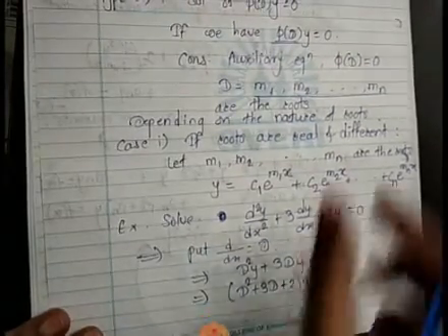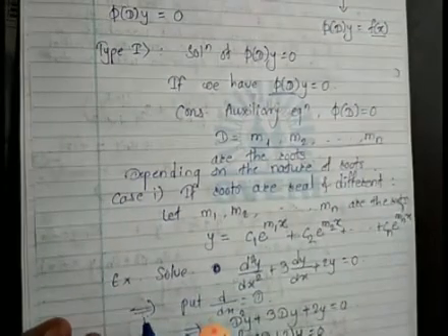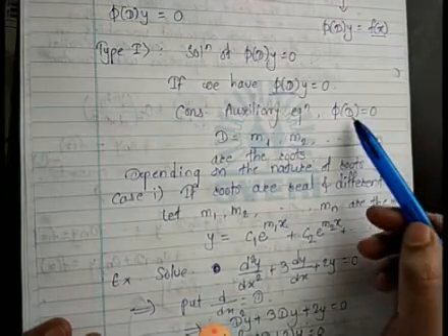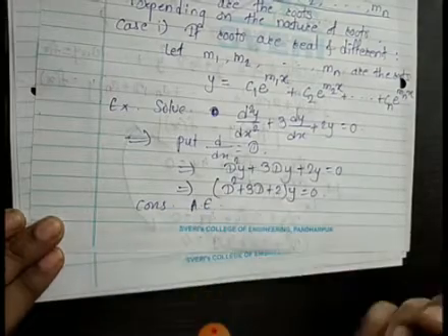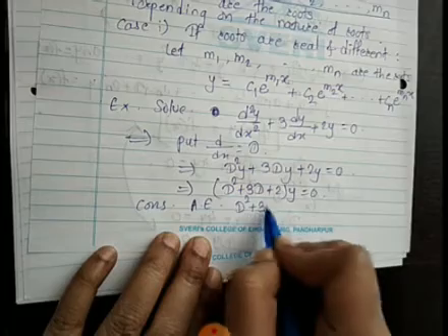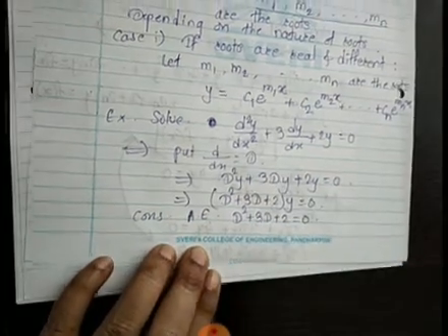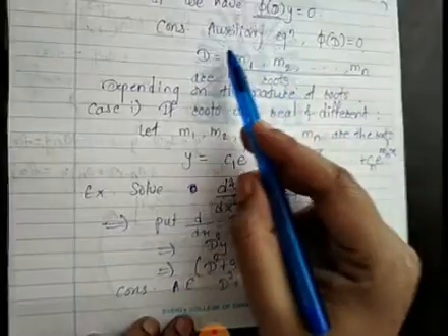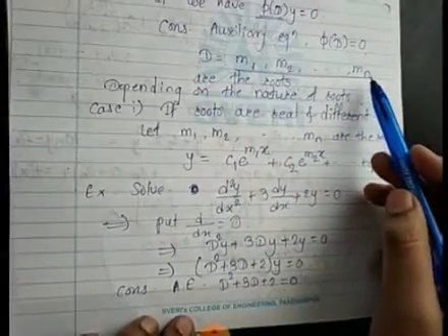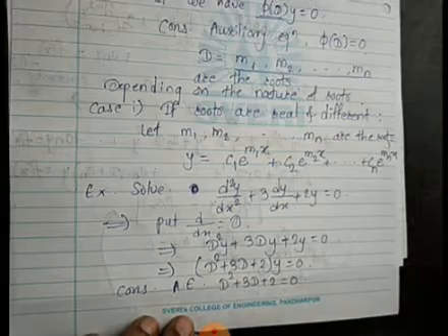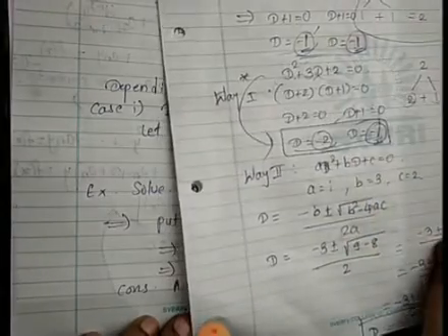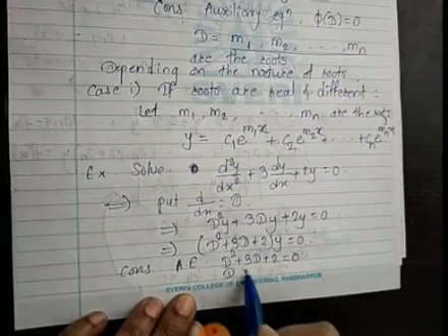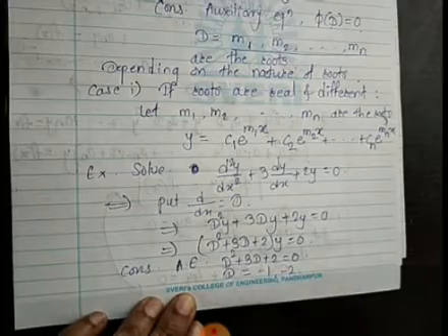And now this is φ(D)y = 0 form. To solve such equations, we have to consider the auxiliary equation, that is φ(D) = 0. So this is our φ(D) now. So consider the auxiliary equation D² + 3D + 2 = 0. Your next job is to find out the roots, that is find out the values of D. We did that yesterday, so I'm writing directly the values of D here are -2 and -1. So D is -1, -2.